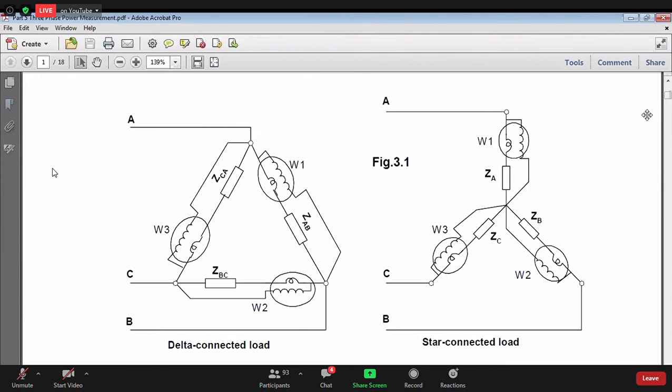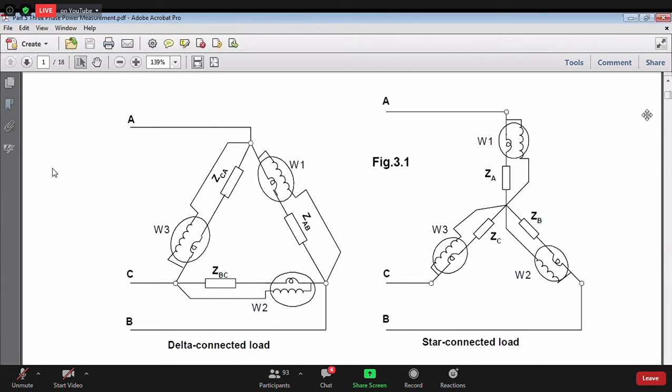And what you will be seeing from outside are only three, but that's it. You will not see anything else. Similarly, if it is a three-wire star motor, you will get only three terminals, A, B, and C. What we are doing is we are connecting the three lines to these three terminals of the motor.